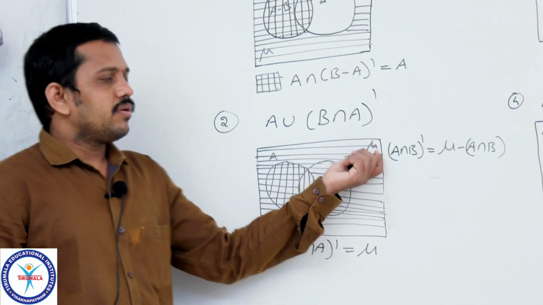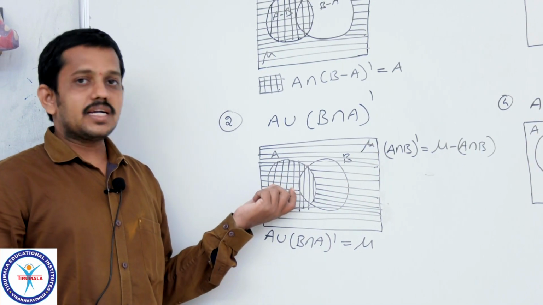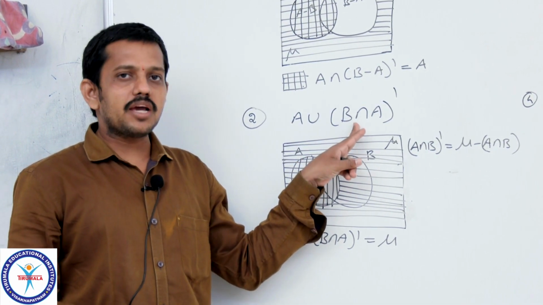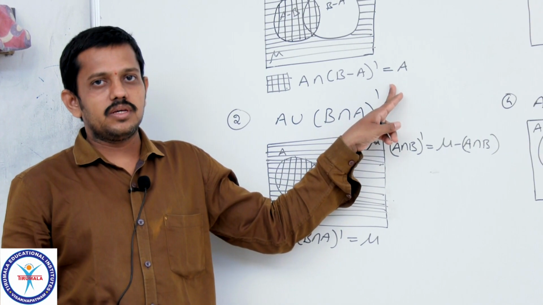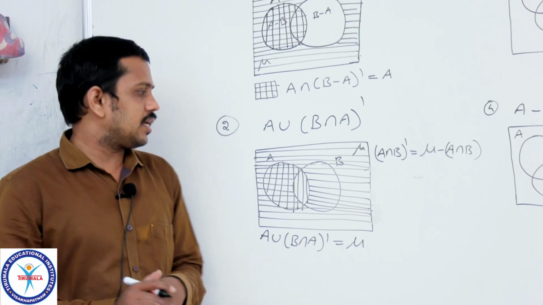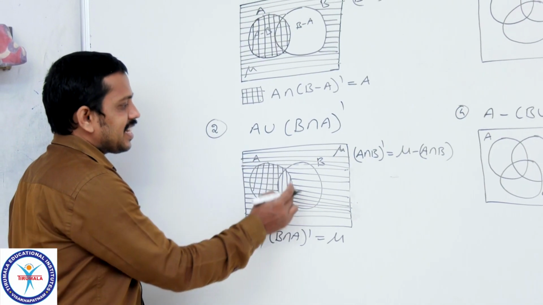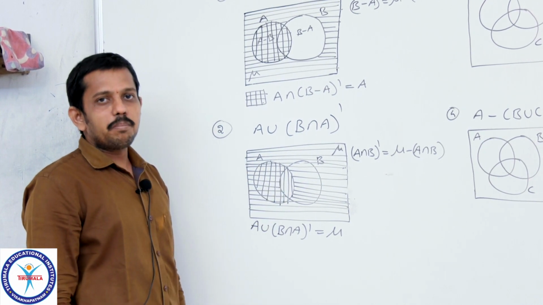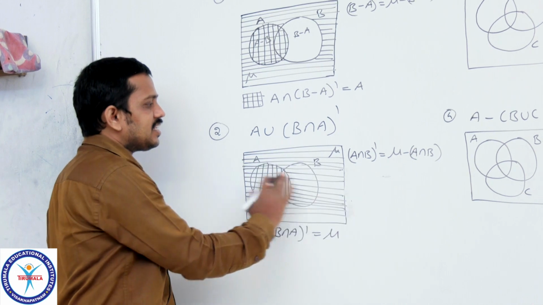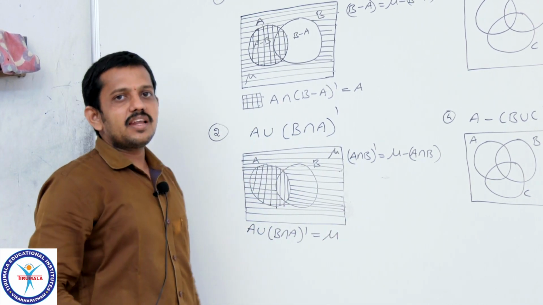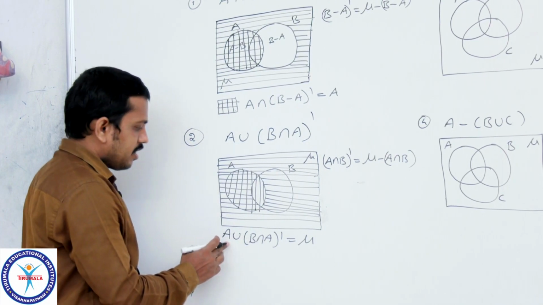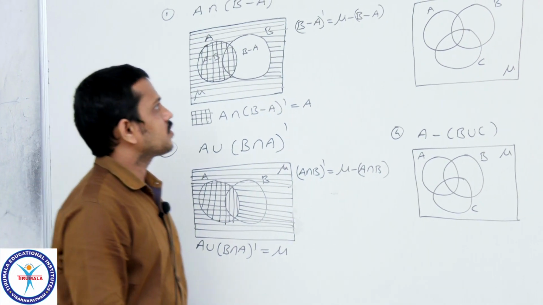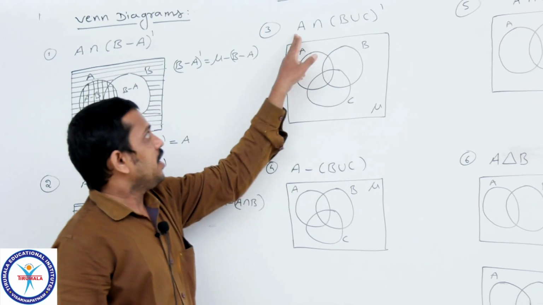See, when you observe here, we do not require the common region. Here we require the region belonging to either A or B intersection A whole complement. So, we should consider both regions. When we consider set A, it also includes the region belonging to both A and B. Therefore, by shading the region, we get the total rectangular region shaded. So, A union (B intersection A) whole complement is nothing but the universal set. Now, in this case, A intersection